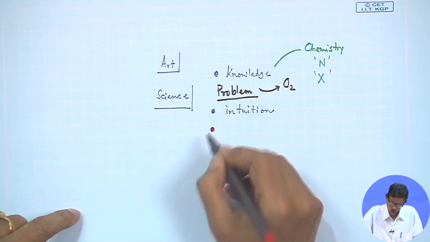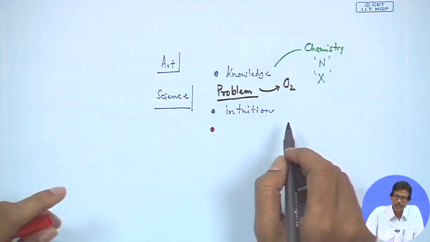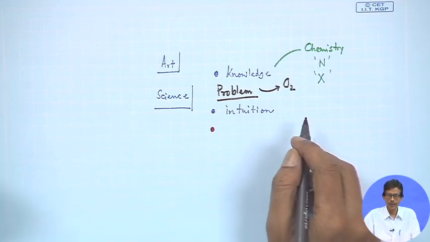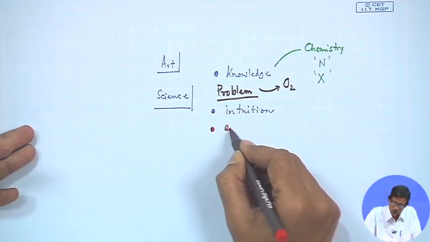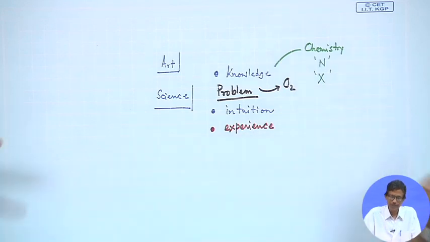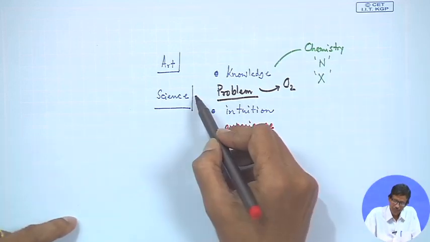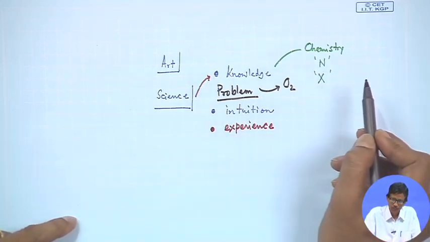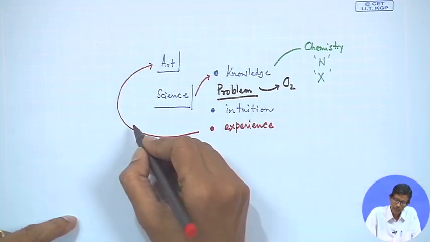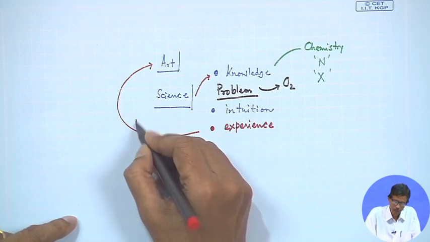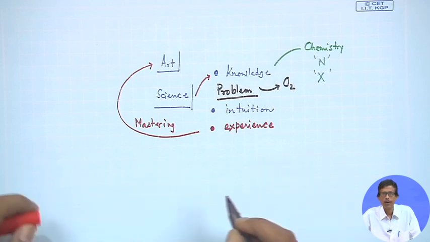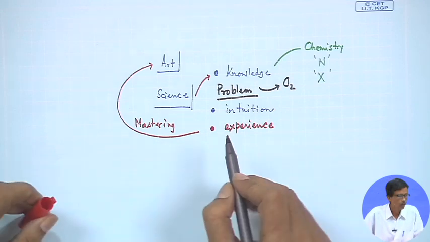And once you do, it is not that you analyze only one sample and get good results. Even if you handle instruments, it can be simple instrumental methods of analysis, so you must be experienced enough. So, your experience is important. The scientific part is related to your knowledge, and your experience and mastering of this will be related to the art of this particular subject. So, you have to master yourself to do all these things.